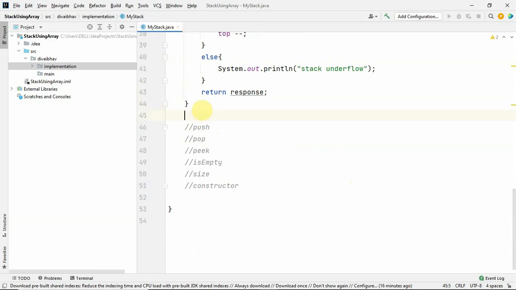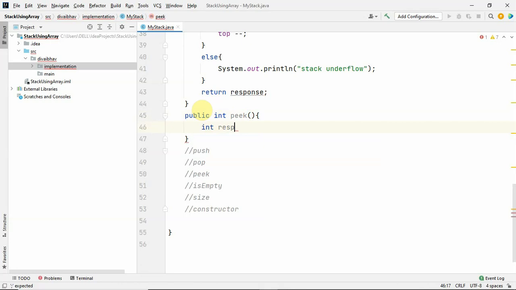Now we are going to define one more public method, public int peak. This method will return the element which is present at the top of the stack.